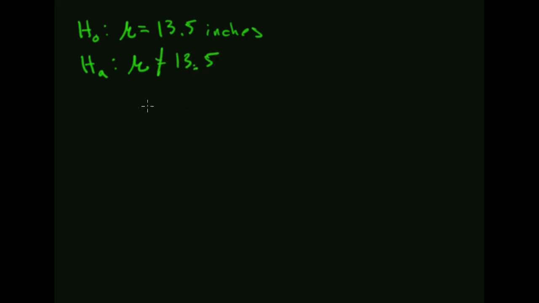So I want to go out and get a whole bunch of laptops. So I take a sampling of 50 different people's laptops, and I find that if I measure all 50 of them, the mean of that sample is 13 inches. And the standard deviation of that sample is 1.5 inches. So these are the two parameters that I would need to know. Okay, so